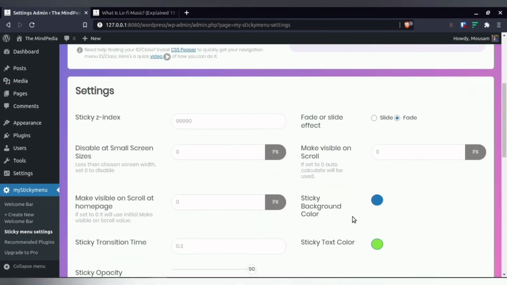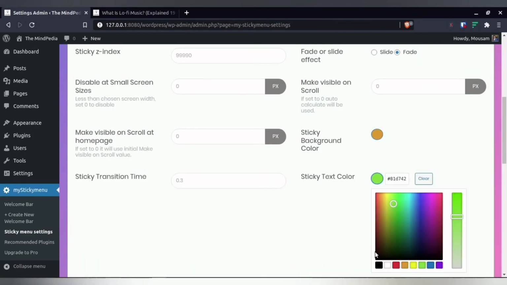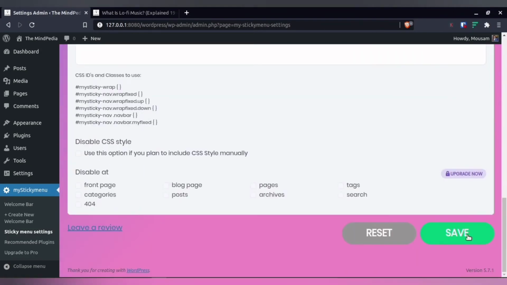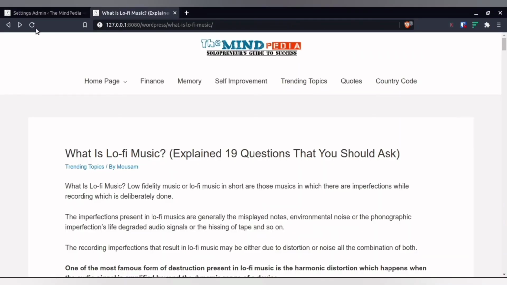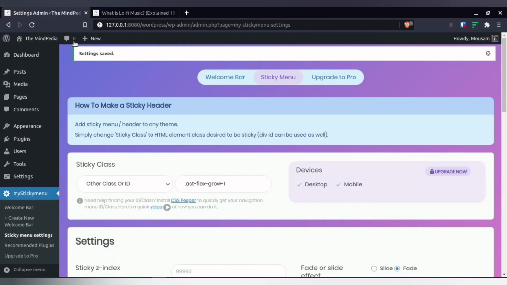Once you've given dot and class, in order to show you that this is different from what I have done earlier, I'm going to change the text color also. Okay, now see, my background will be this, my text color will be purple. So let's save it. Now refresh it. Let's see, it got changed.